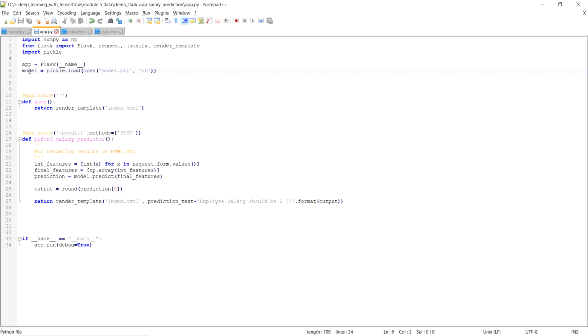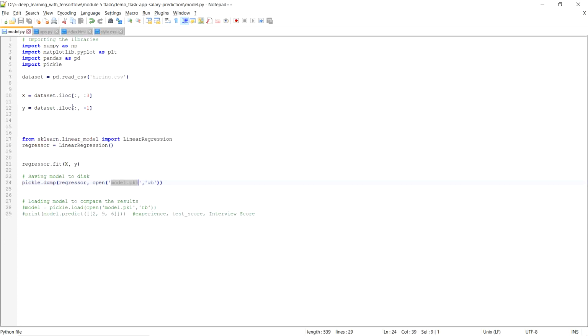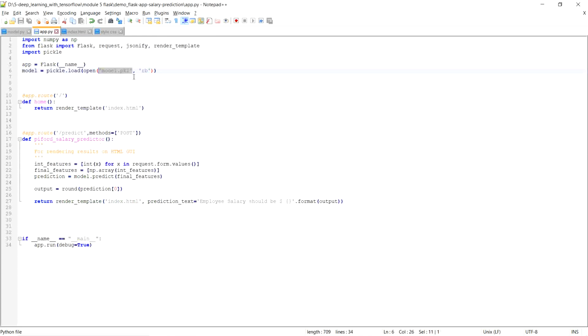We have one more variable over here, model. In this model variable, I'm loading the model.pickle file. If you remember, we have just saved our linear regression model in this model.pkl file. Now we want to make the prediction, so over here we are loading that saved model, right? Now let me explain the very first function.